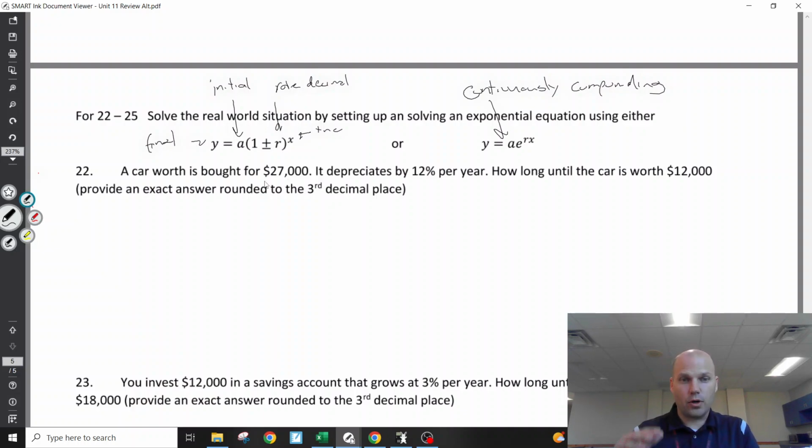A car is bought worth $27,000. It depreciates by 12% a year. How long until the car is worth $12,000? Okay, set everything up. $12,000 is my final number. My car started at